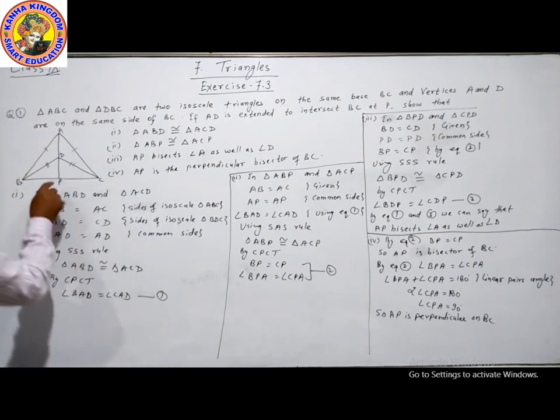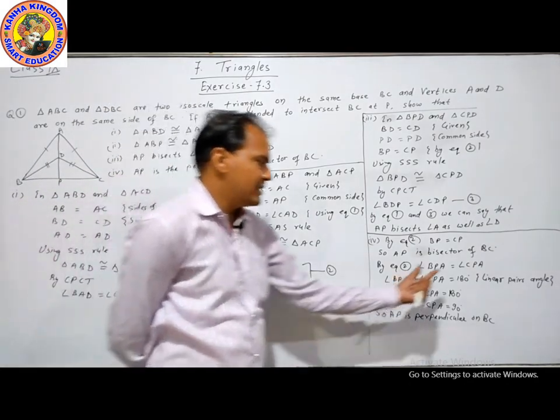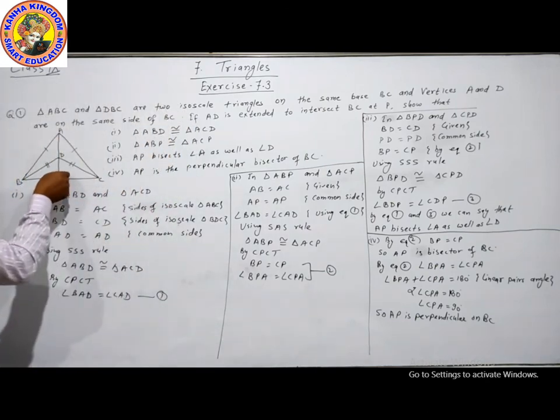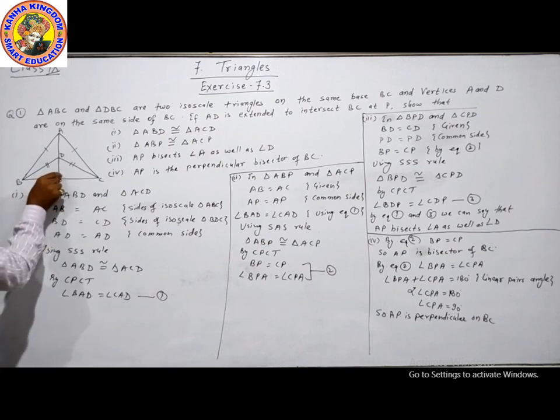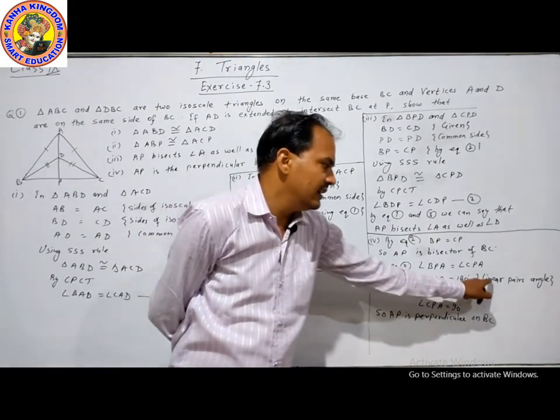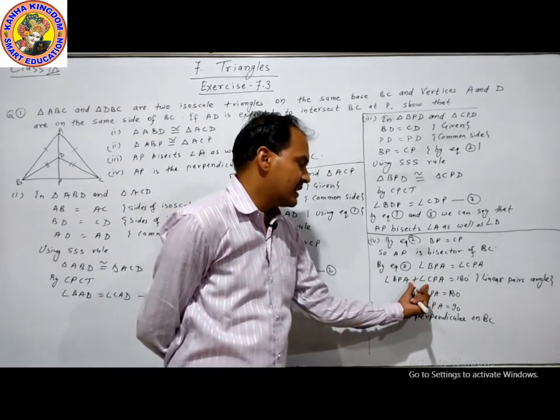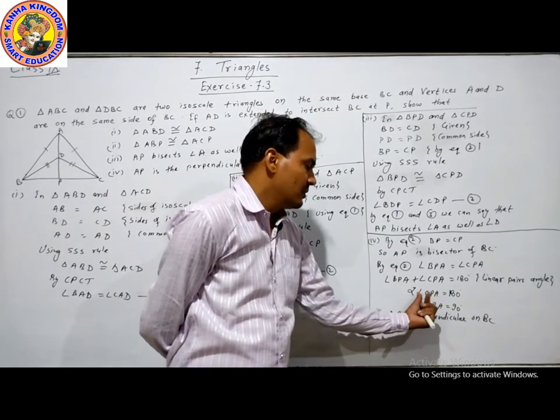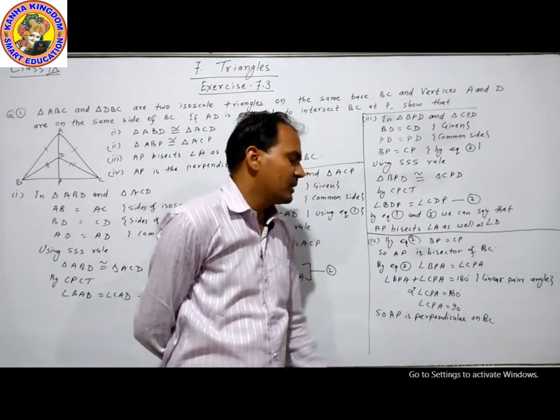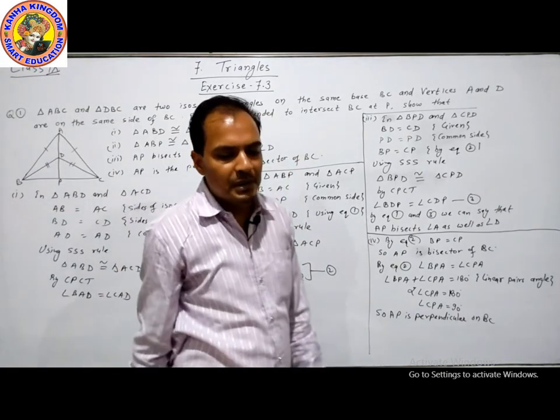Second is perpendicular. Perpendicular means angle P is 90 degrees. By equation number second, angle P and angle P are equal. We know that the angles on one side of a line add to 180, so the addition of both angles is 180 because of the linear pair. Because of the linear pair, these angles are equal, so dividing by 2 we get 90 degrees. So angle P is 90 degrees. So we can say that AP is perpendicular on BC.